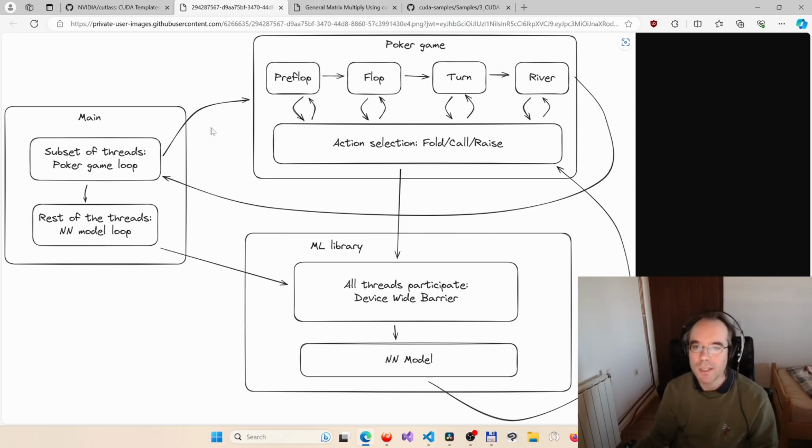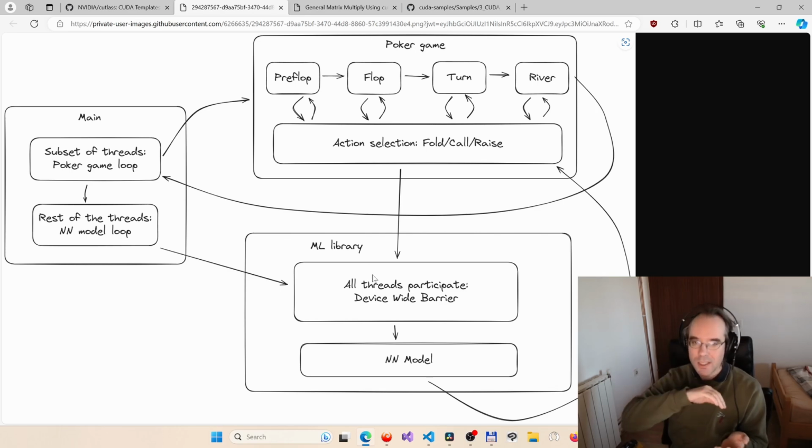This will go through the poker game, and on every street, like preflop, flop, turn and river, on every betting street as well, there will be action selection, and this would call out to the machine learning model, which is a part of the machine learning library,